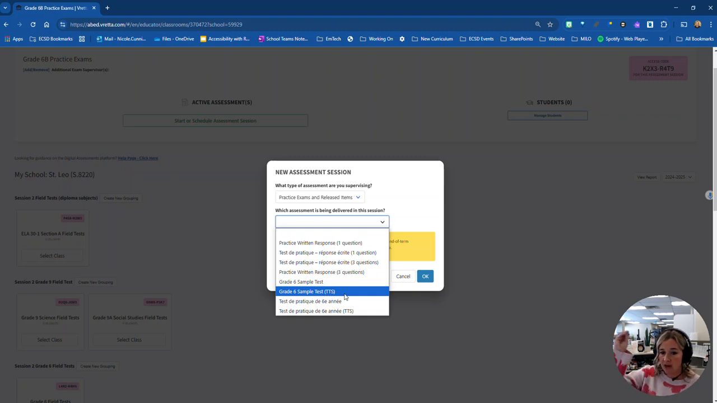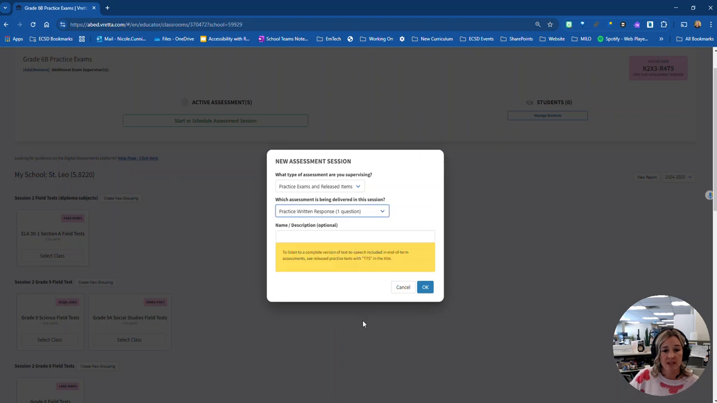So if you want to have that audio component, you need to click that. It doesn't work by just selecting the accommodation. And then of course you have that practice test also in French with the text to speech and without. So you have those different options. Once you have selected it, you do not need to name it. If you want to, that's completely optional. So if you want to just put it with a date, so practice written response number 1,